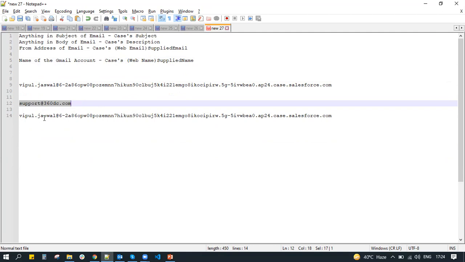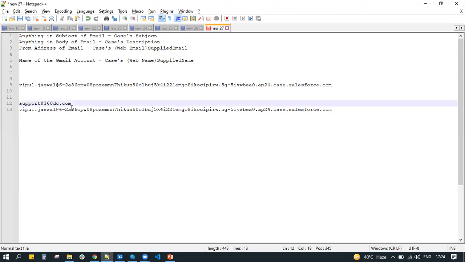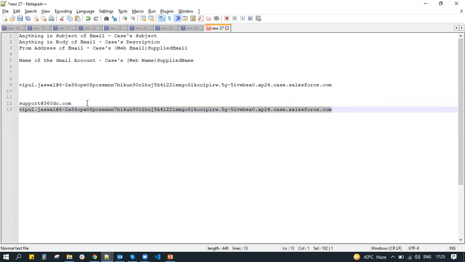We do not have to take into consideration sending emails to this long address or anything. All those things will be taken care of by this forwarding. Okay, so if you are practicing this, then you can definitely use this long address. But from the business point of view, this is the thing that we do.